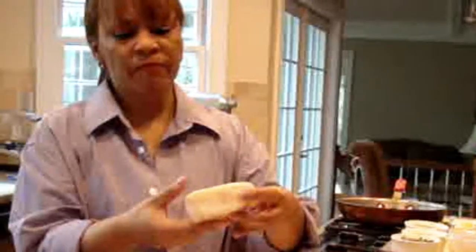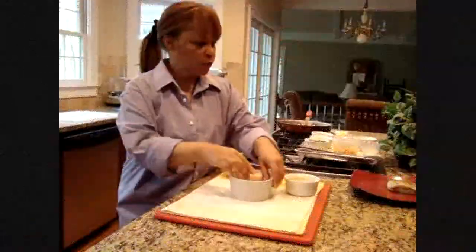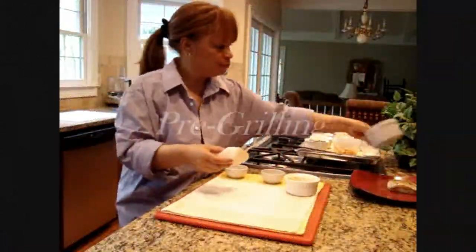Okay, y'all, one of the first things that we're going to need to do in the preparation of this dish is to prepare our fish. Here we have our fabulous white Chilean sea bass, and we just have to season it up a little bit and get it ready for the grill. Basically, what I do is I take our Chilean sea bass,